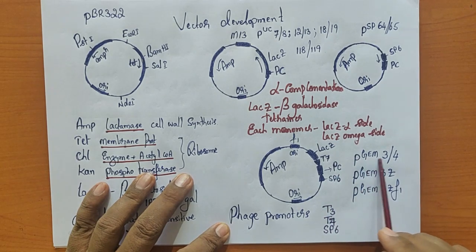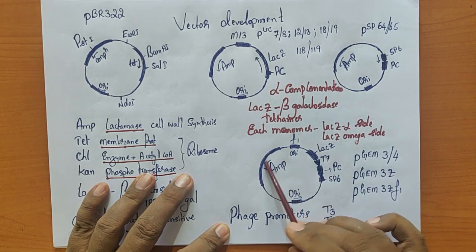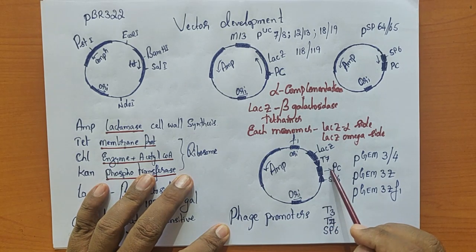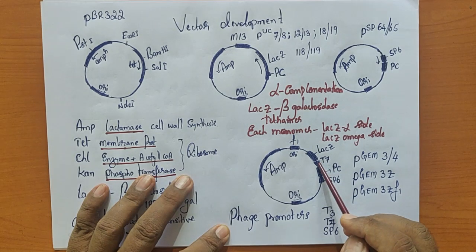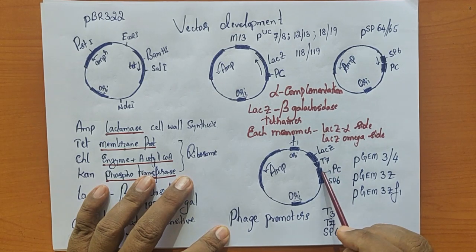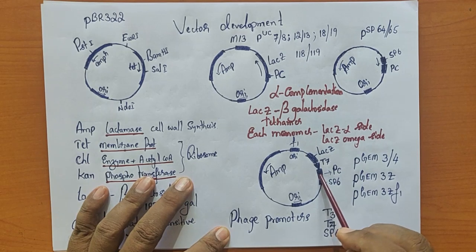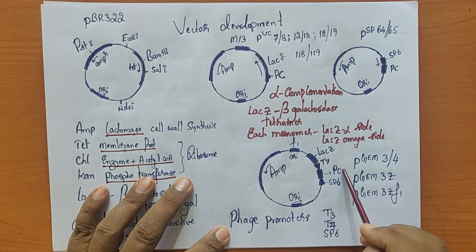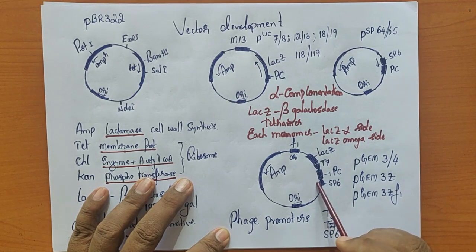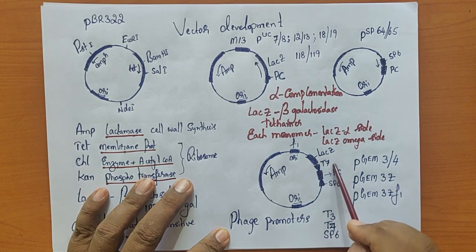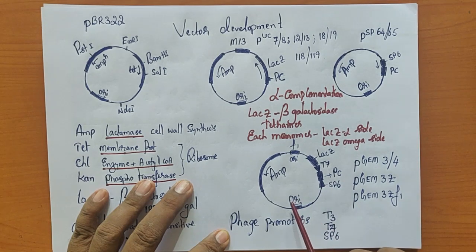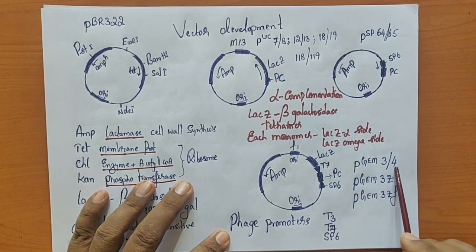So now the pGEM 3/4 series will have the ampicillin resistant gene, origin of replication for the double-stranded DNA replication. Then we have a polyclonal site. Then on one side we have a T7 promoter, on the other side we have an SP6 promoter. So the moment we insert the gene into the polyclonal site, we have to know the positive orientation and a negative orientation. It doesn't really matter whether it is positive or a negative orientation, we can express. The only thing is, if you know it is positive orientation, then we use T7 polymerase, or if it is in the negative orientation, we use SP6 polymerase. So that is the pGEM 3/4 series.